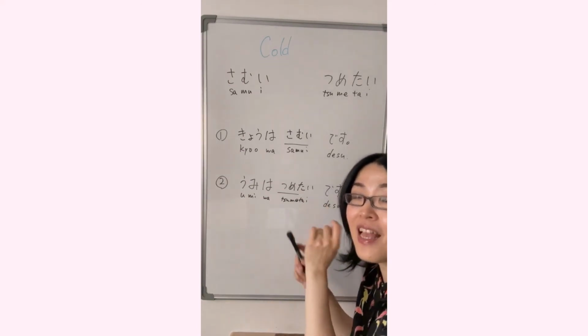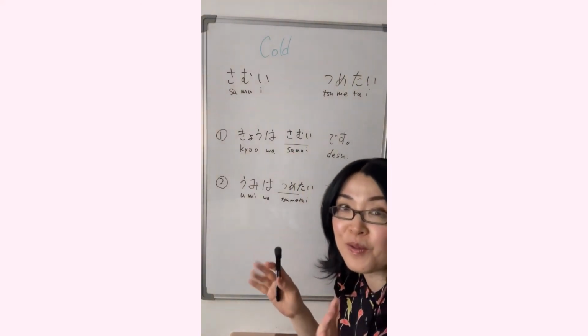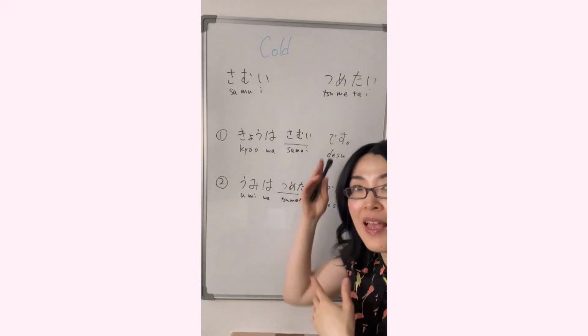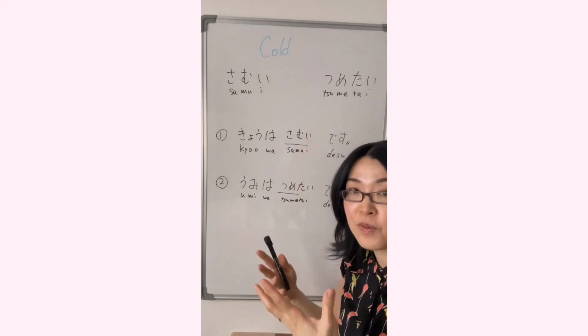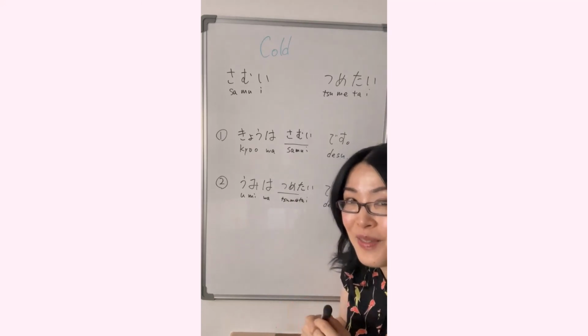So that's the difference. Samui and tsumetai both mean cold, but samui is for air temperature, 寒い. Tsumetai means the coldness of something you can touch. 海は冷たいです。